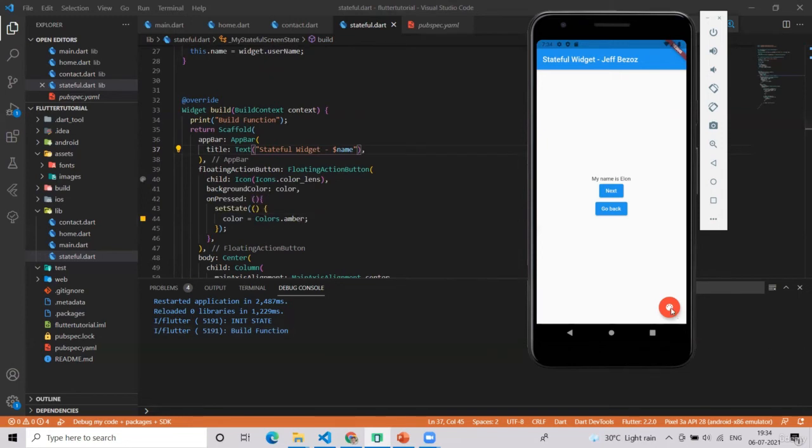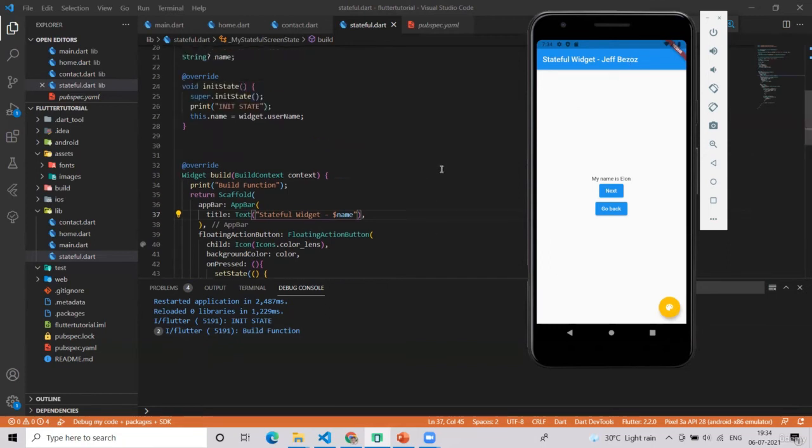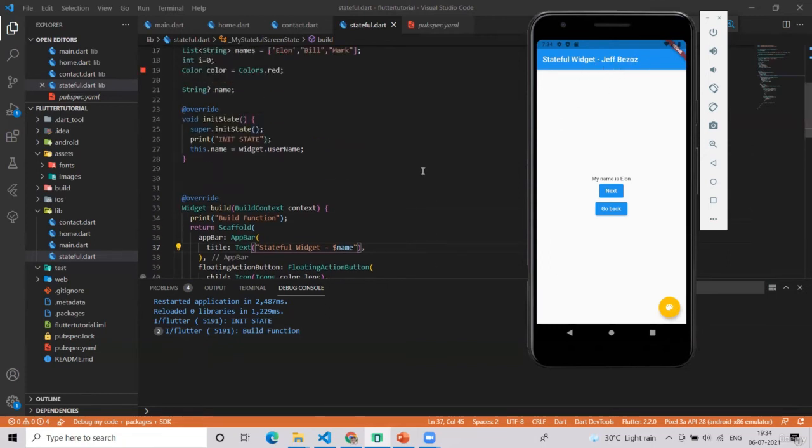If I click on this, then the build function will be called again, but the initState function is only called once. So see, the build function is being called again because the page is being refreshed, but this initState thing we cannot call again. It is only called once,